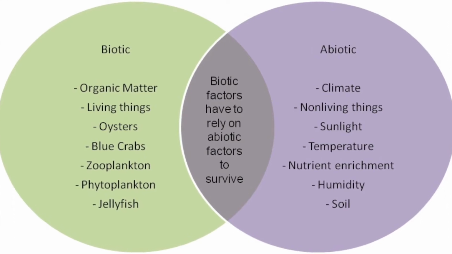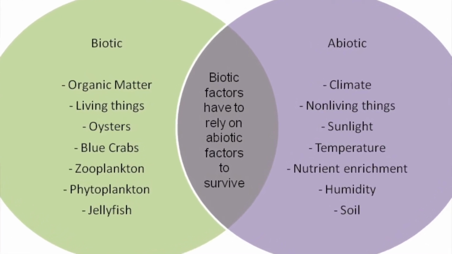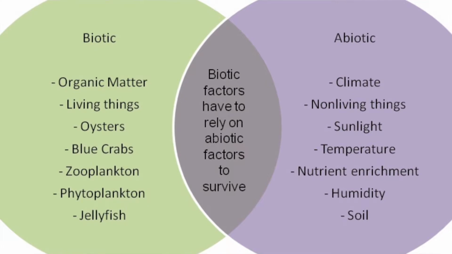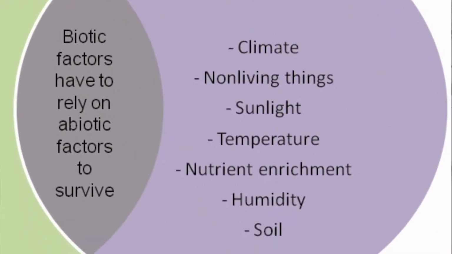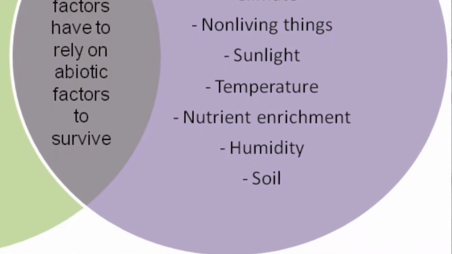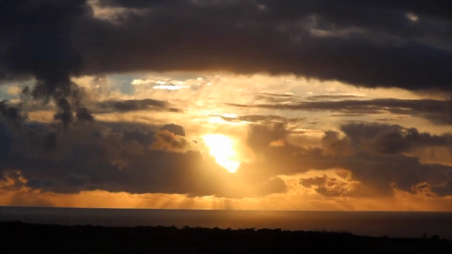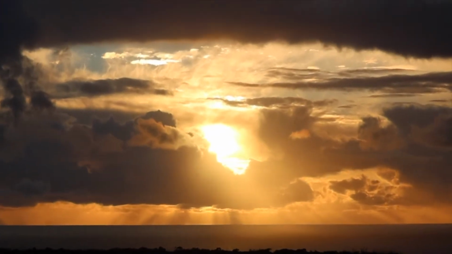The abiotic and biotic factors that influence metapopulations. Abiotic factors are non-living chemical and physical parts of an environment which affect living organisms and the functioning of an ecosystem. The abiotic factors affect the type of biotic components that are present within an ecosystem. Biotic factors rely on specific amounts of nutrients enrichment, type of soil, temperature, sunlight, and climate.